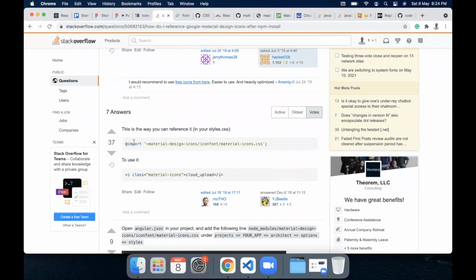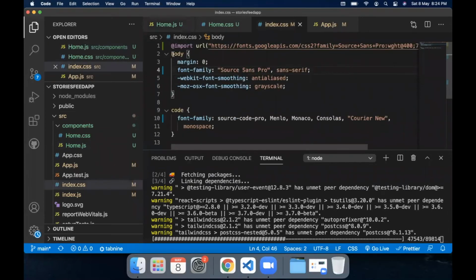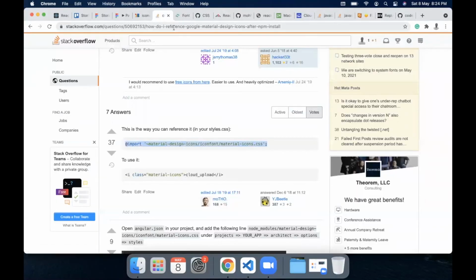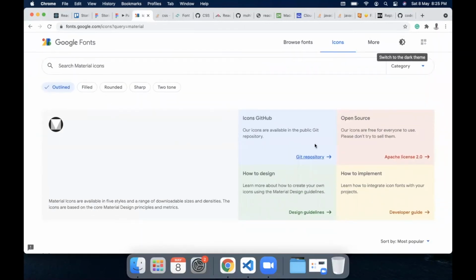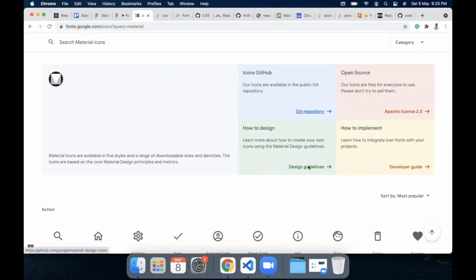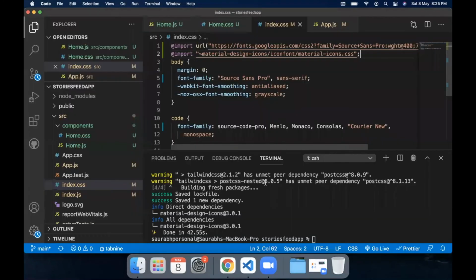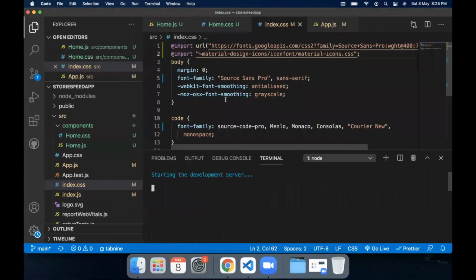So once the material icon is added, we need to add this import script in our index.css again. So let's just open index.css file, and just after our font import, we can add material design icons as well. There are, I think, other ways to import material icons as well, but I haven't found the link anywhere here. If you know where to use it using font.google link, please share in the comments. It would help me as well. So once the material design icon is added, we can run and start again and continue with writing our code for the inner component.